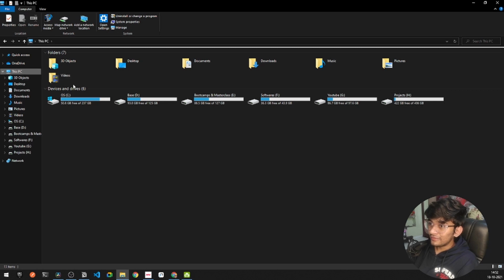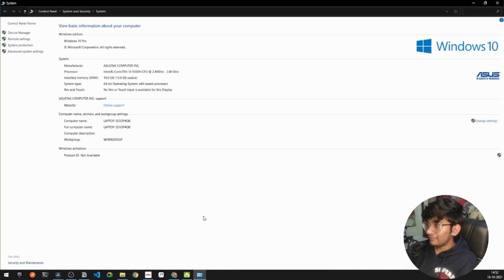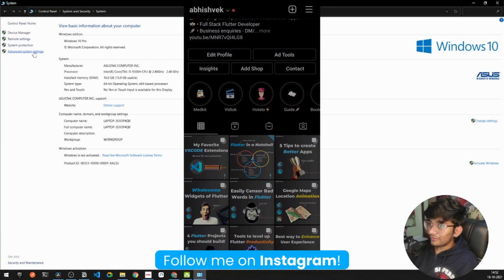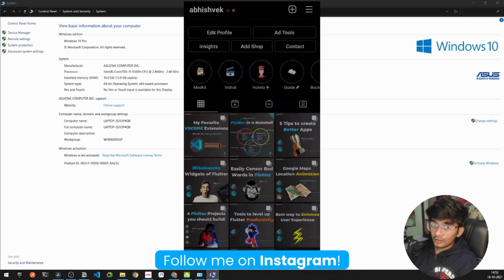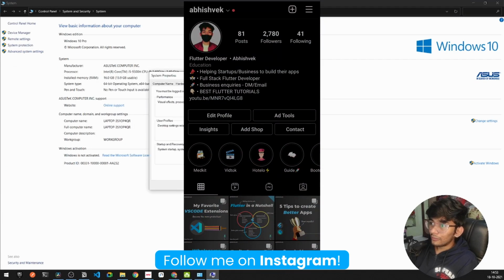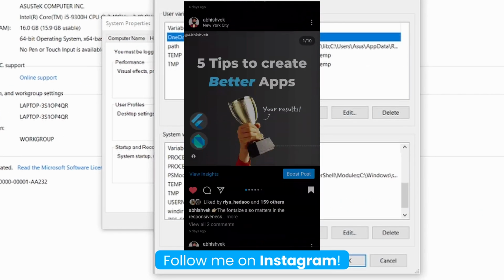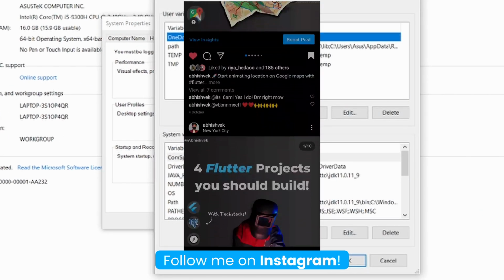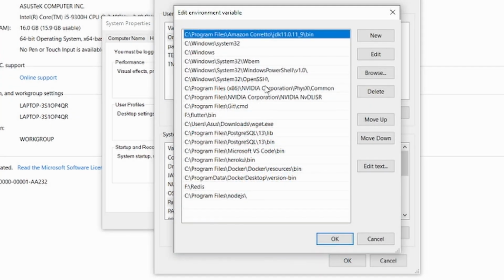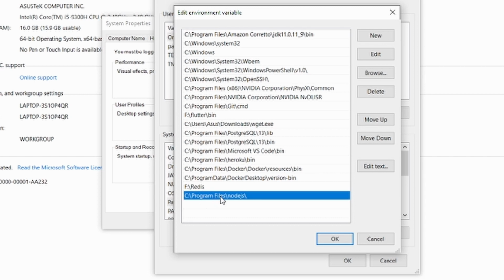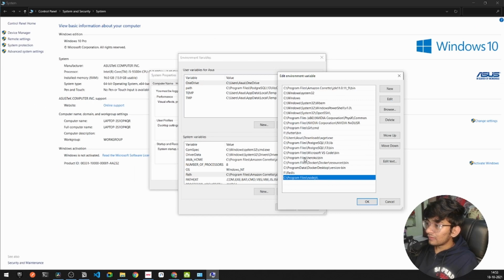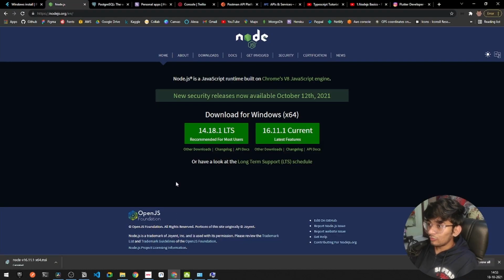And once we have downloaded Node.js, we have to go to the local PC and press on properties if you are a Windows user. Under properties, go to advanced system settings, and under advanced system settings go to environment variables. Under the environment variables, go to path, and under the path you have to add the Node.js path. You can see my Node.js path is under Program Files/Node.js. So you have to add this path to your environment variables. Right, now once we have done that, let's move forward.